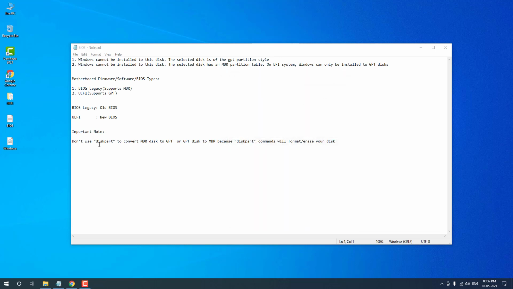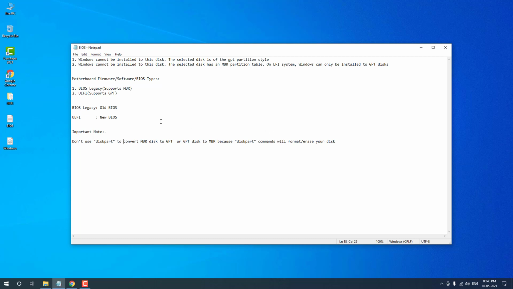Don't use the diskpart command to convert an MBR disk to GPT or a GPT disk to MBR, because diskpart commands will format or erase your disk. If you don't have any personal files on your hard disk, then you can use this method to convert GPT disk to MBR or MBR disk to GPT. But if you have any personal files on your hard disk, then use the method I have shown in this video to successfully install the Windows operating system.